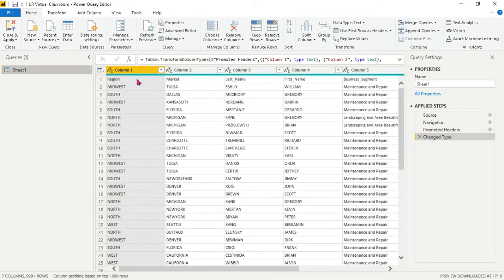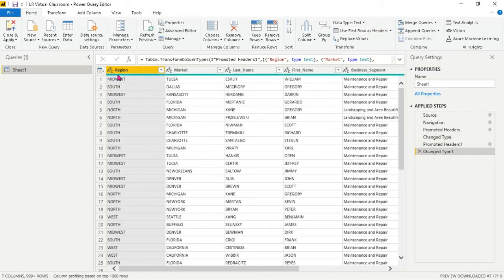The first thing, whatever steps that I perform, everything will be generated as a query here. The first one is I have all the column names as column 1, 2 and 3, but I want to replace them with the names which have been placed as the first row in my data. So I have an option here, use first row as headers. With just a click of a button, automatically my column names have been replaced, and a query has been generated here. I don't have to do this again and again. Every time my source data is changed, this query will be performed. Let's see one by one what the other functions are.